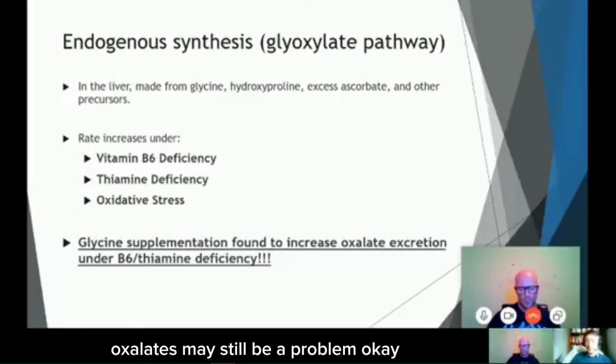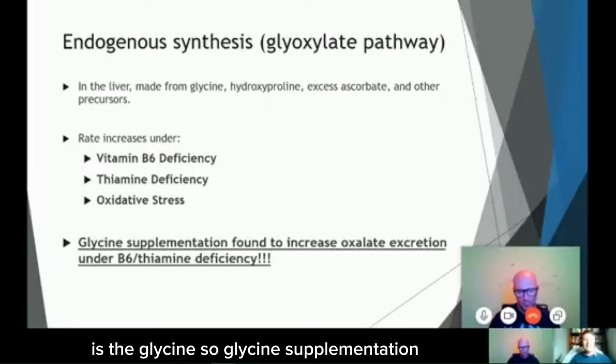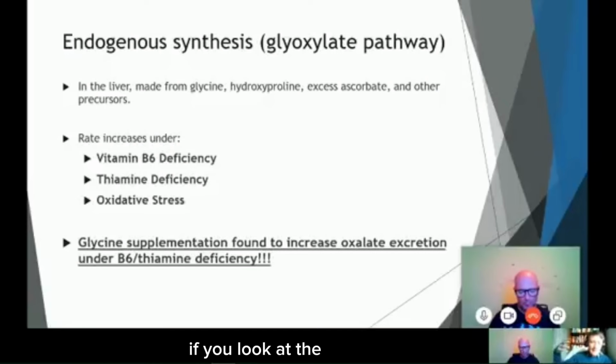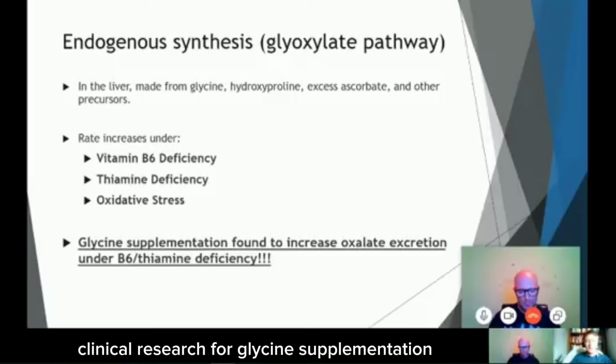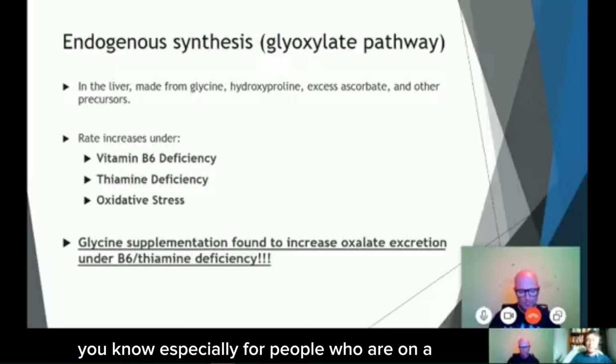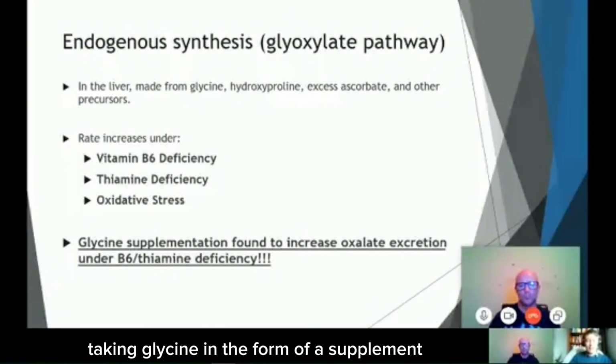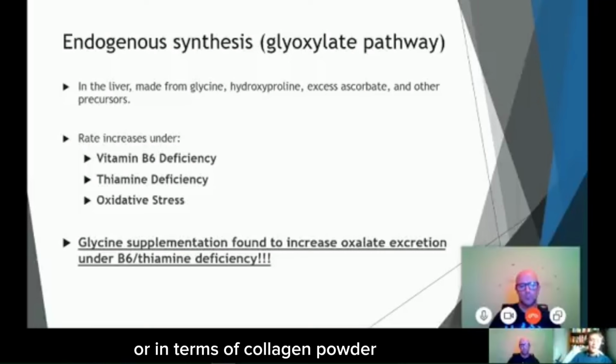Oxalates may still be a problem. Okay, and under these conditions, and this is something that I wasn't very pleased to hear, is that glycine supplementation, if you look at the clinical research for glycine supplementation, it's really quite good, especially for people who are on quite a suboptimal diet. Taking glycine in the form of a supplement or in terms of collagen powder can actually be very